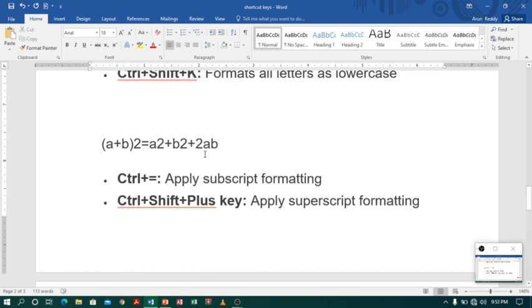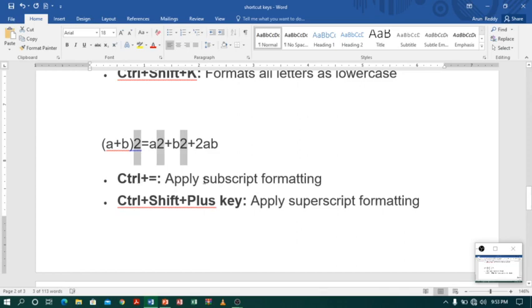So now what I will do is select all the 2's which I want to make squares. First I will select this one, and again I will click Control. I am using Control to select non-contiguous text. Okay, so I have selected all the 2's. Now, see, I have a button here. This is superscript. If I click, see, it has become squares, right? If I click again, it will become normal.